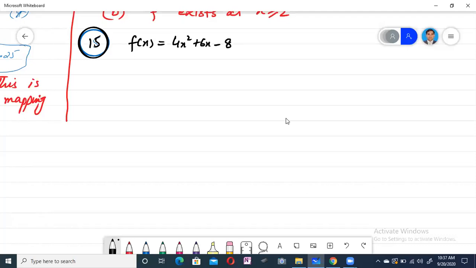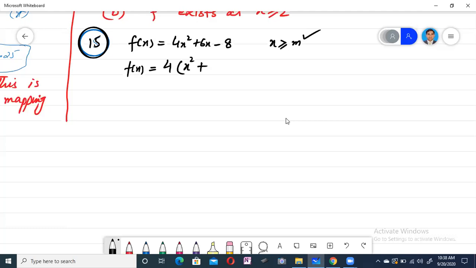And first of all, we will make here the perfect square. Here he is saying x greater than or equal to m. What is the value of m? Okay, what is the value of m? First of all, we will make the perfect square here. 4 we can take common. Here will be x square plus